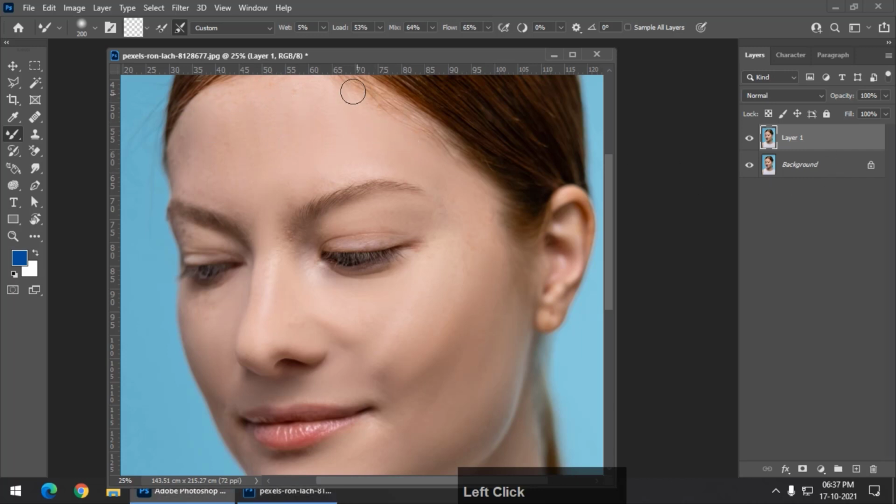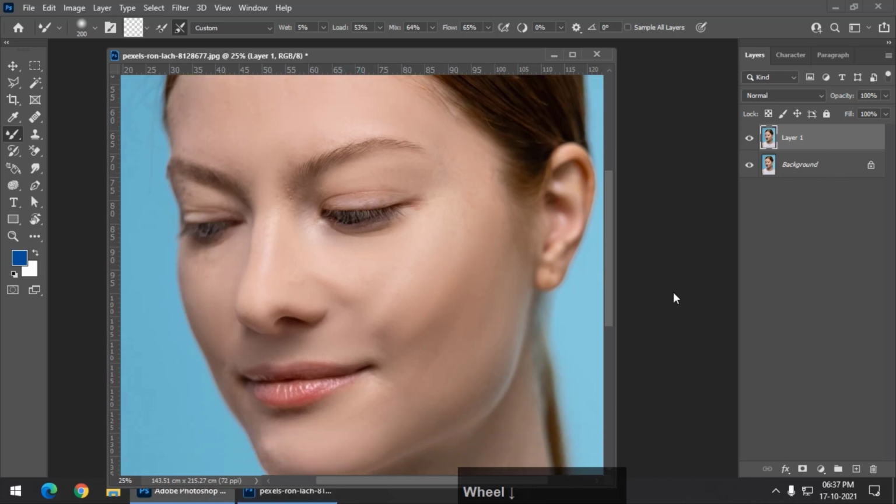Now if I just turn off this top layer, you will see the original state. So this is the original state, and the effect that we have applied is much different from the original state of the image. So what if I want to make it a bit realistic? I can simply reduce the opacity like this. I think it is looking much better. If I keep it at around 60, 66, it is looking much better. It is looking much more realistic than keeping the opacity value at 100.